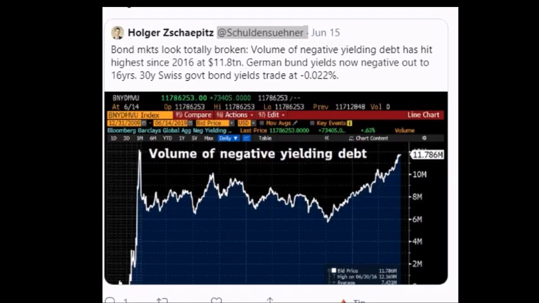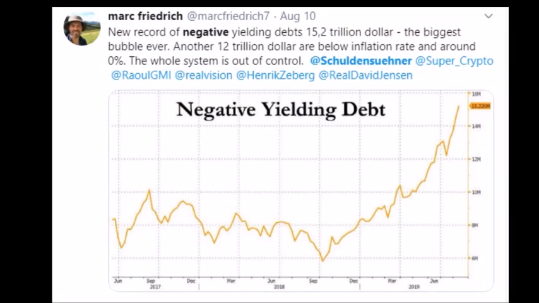And here's one. This is a chart that Holger put together back in June showing the total volume of negative yielding debt at that time was $11.78 trillion. And I saw a chart yesterday. That total negative yielding debt is now at, looks like, 15.2 trillion as of a couple of days ago. Now, those are institutional investors who are buying bonds, and that's what they're willing to pay. But it looks like now that this is creeping into